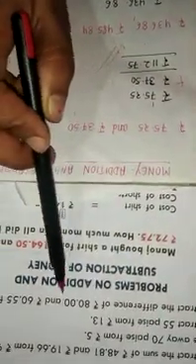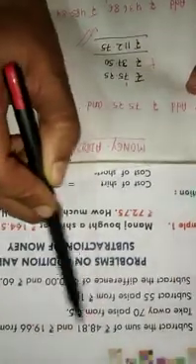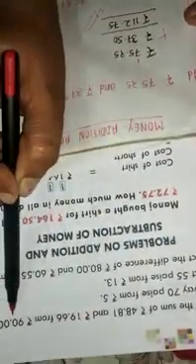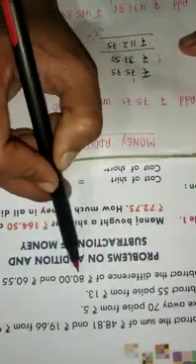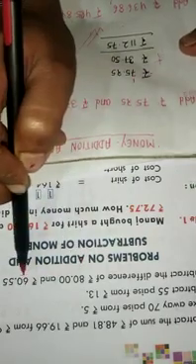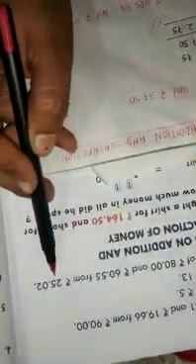So in this way only we will do number 8. Subtract the difference of rupees 80 and rupees 60.55. So what is the difference between question number 6 and 8? Here we have to subtract the sum; we had to find the sum of these two numbers and then subtract that sum from this. But here what is said is that we have to find the difference between these two numbers, rupees 80 and rupees 60.55, and then subtract that difference from this number. Clear? So I hope you will do it.